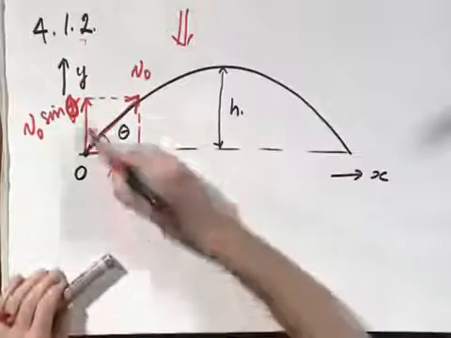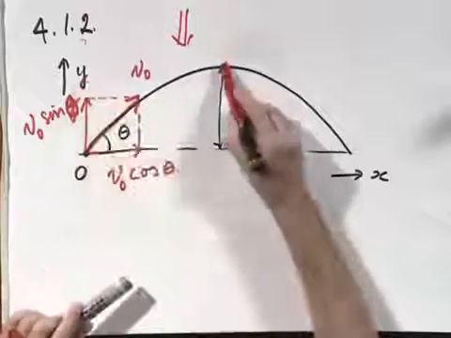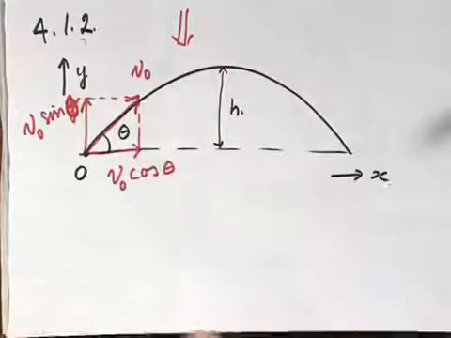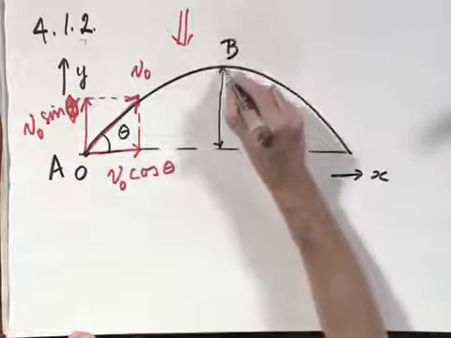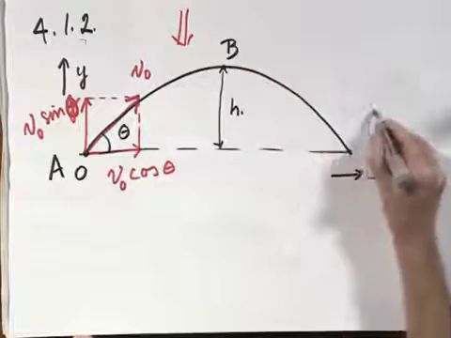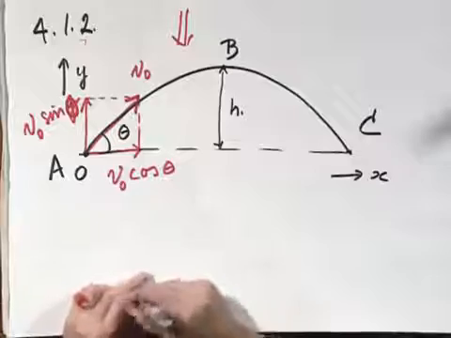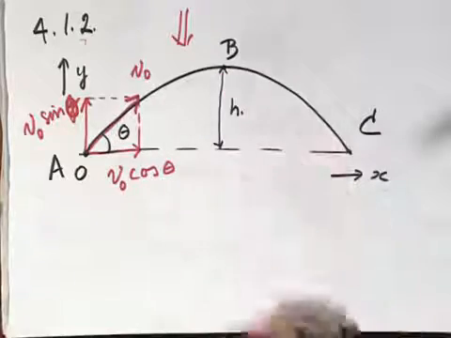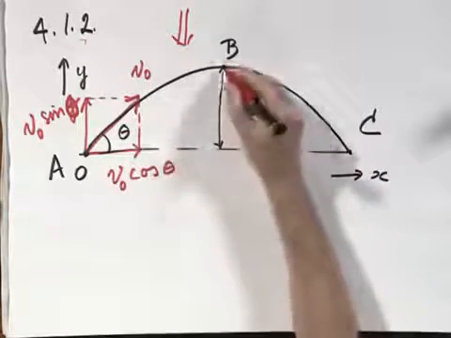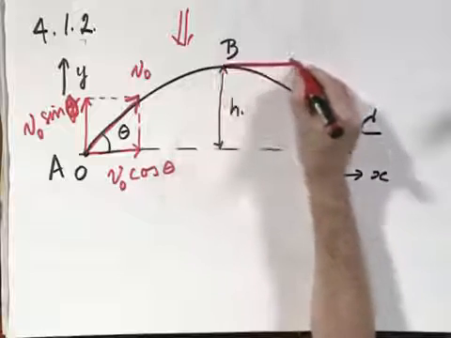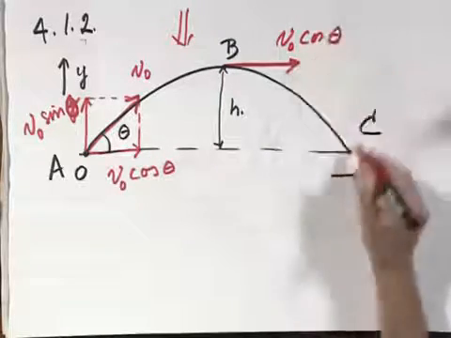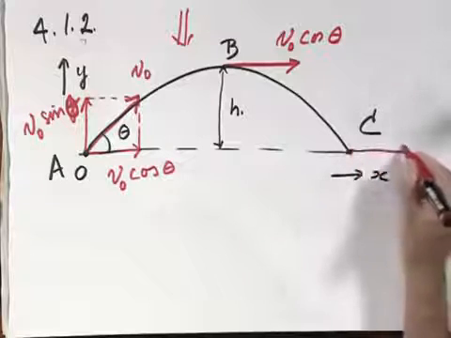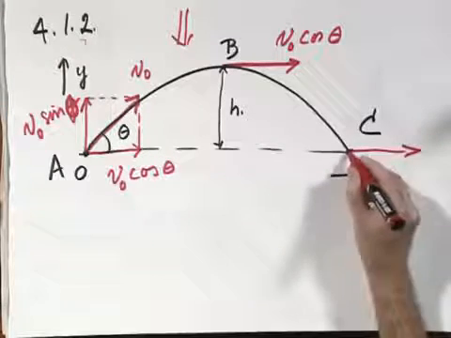And this velocity in the y direction comes to a halt when it is at its highest point and then reverses. Let's call this point A, let's call this point B, and that's this point where it hits the ground C. Clearly at its highest point the y component has completely disappeared, but the x component is unchanged, so that is still v0 cosine theta, and when it hits the ground here the x component has not changed,